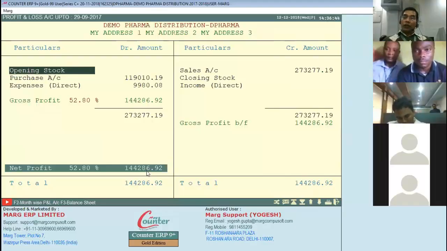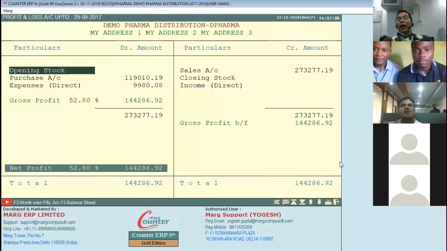So what advantage we provide is that we don't say you have to put all these kinds of expense on a daily basis. We have given one feature by which we can do all the entries in a single shot.